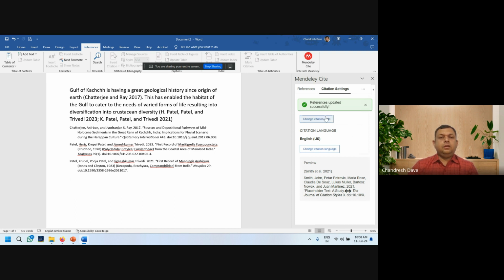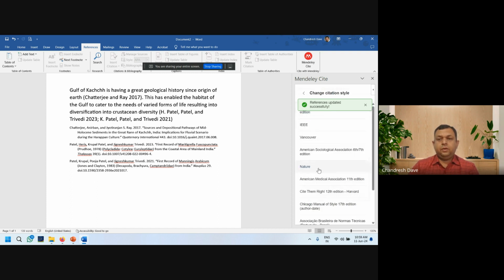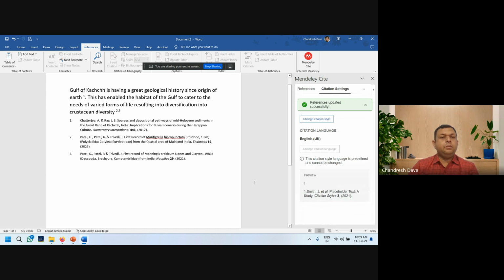Now we have come across many research journals that would not prefer full citation, rather they require numbering, a number style. For example, Nature journal prefers numbering like this, superscripted numbers.